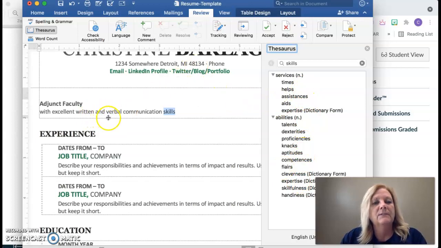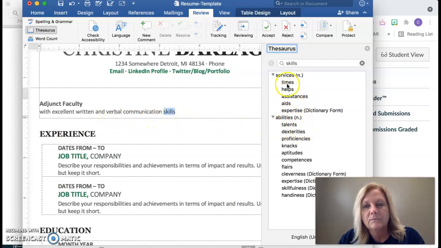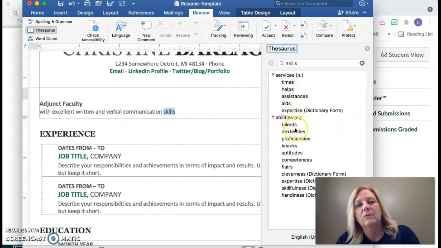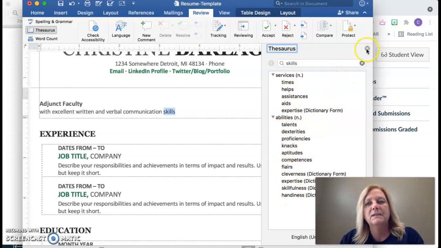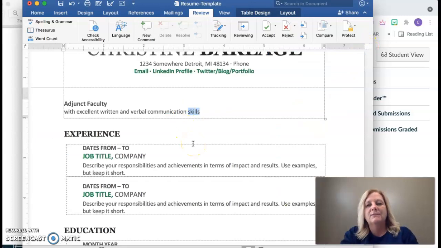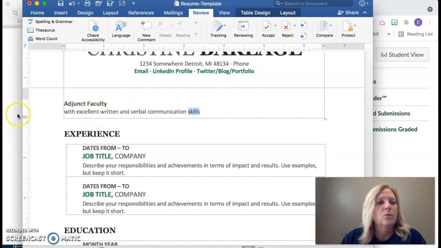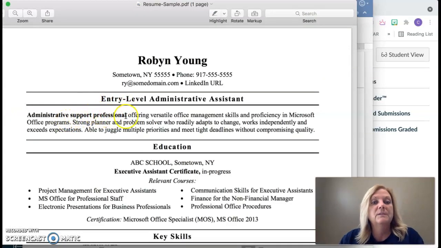So adjunct faculty with excellent written and verbal communication, services or abilities would be better, or talents, right? So aptitudes, these are words that you could use in place of saying skills so that you're not sounding exactly like it was in the example. The other thing that you could do is use Google and do an internet search and say, what type of skills would an administrative support professional possess or offer? And then it'll list a bunch, and you can use that information as well to help you fill out this